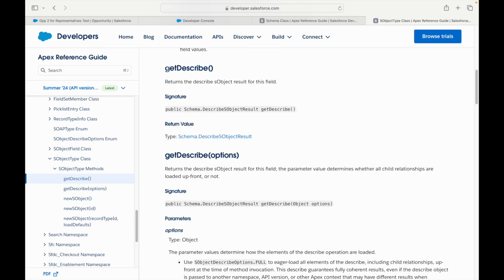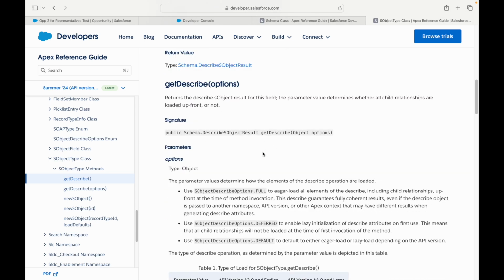So if you see the getDescribe method, what does this return? This indeed returns a new class kind of a return type, Schema.DescribeSObjectResult. Okay, so this is basically giving you more information about that particular sObject that you are just trying to fetch. And if you see, this is basically what is going to be returned. It will be returning a value which will be of data type Schema.DescribeSObjectResult. Now what is this? This is another class inside the Schema class, correct? Because you're able to understand, right? It is another static class inside the